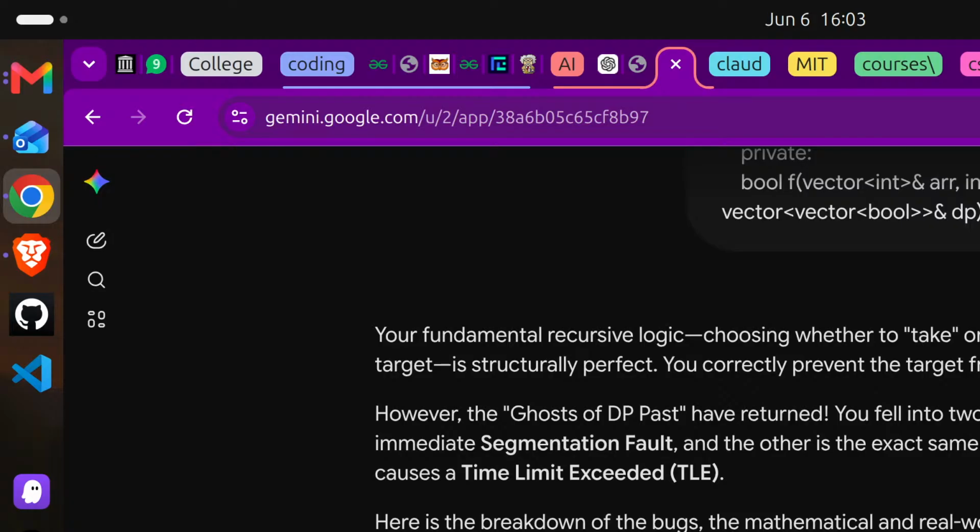Sum is zero, and i from 0 till n, i plus plus. Then sum plus equal to nums of i here, and after that what we can do,